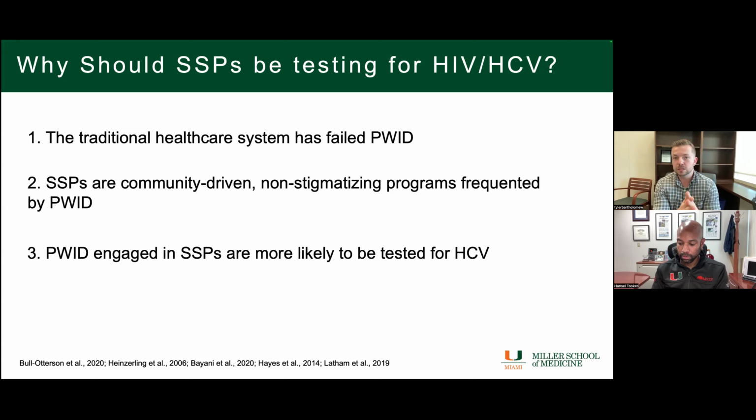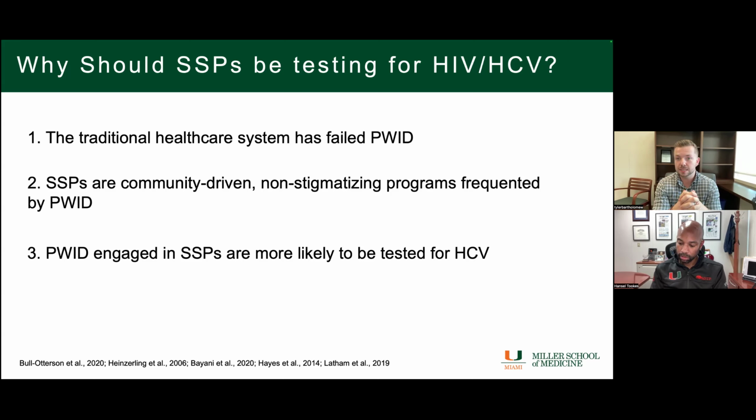We know this is the location where they want to receive services and have this type of service implemented and offered. And when we bundle our testing together, where we offer HIV and Hep C testing, point of care at the same time, we actually see improved linkage to care outcomes, which is really, really important. But fundamentally, what we see on a national scale using NHBS data, we actually see a national decrease in HIV